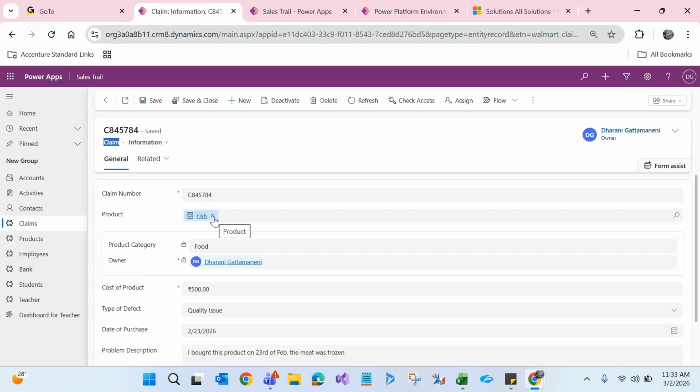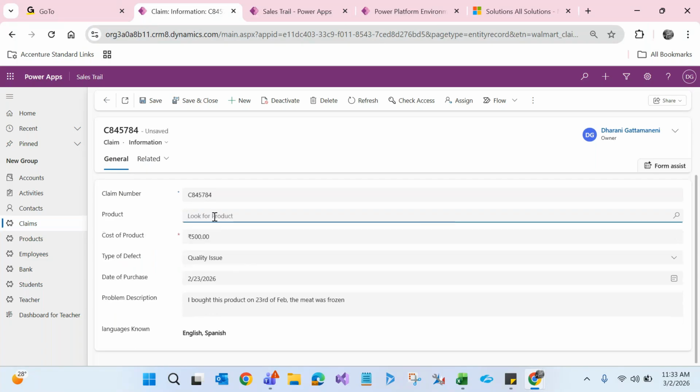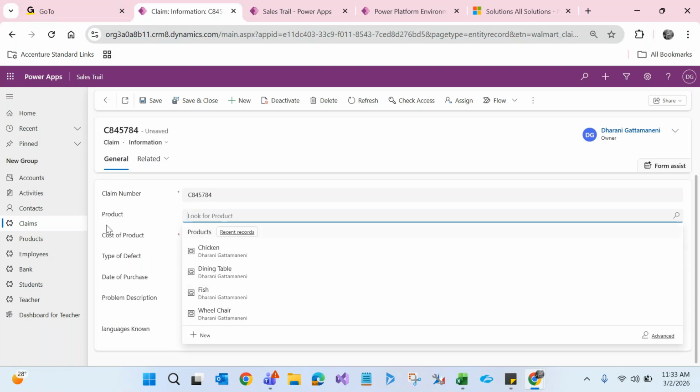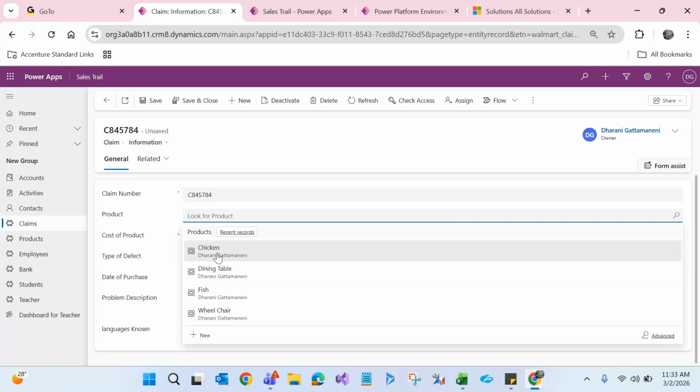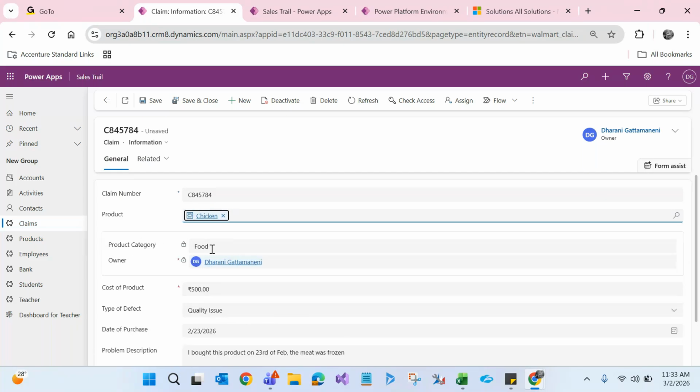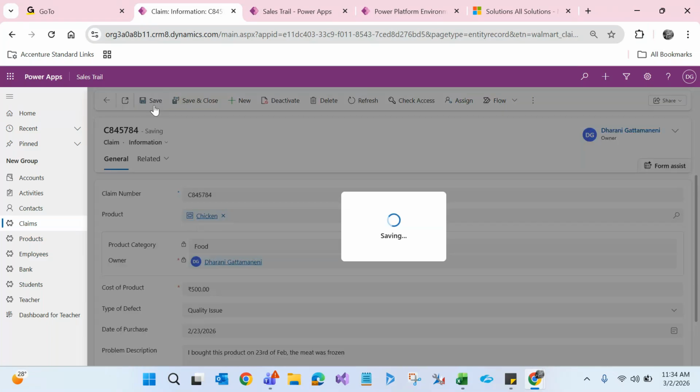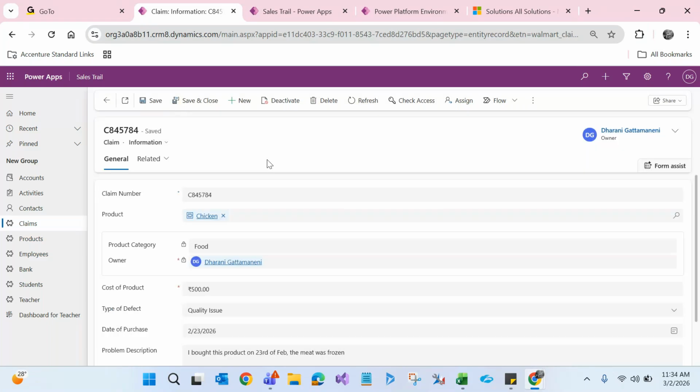Let's say if I change this, removing fish, when I remove fish, see, quick view form also goes out. So let's add dining table. When I add dining table, product category is coming as furniture. So when I change it to chicken, now the product category is coming as food. When you remove it, this also will go off. So this is how you can create a simple quick view form and show the data